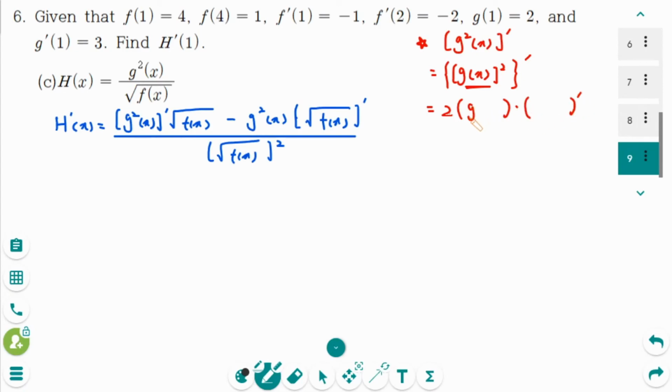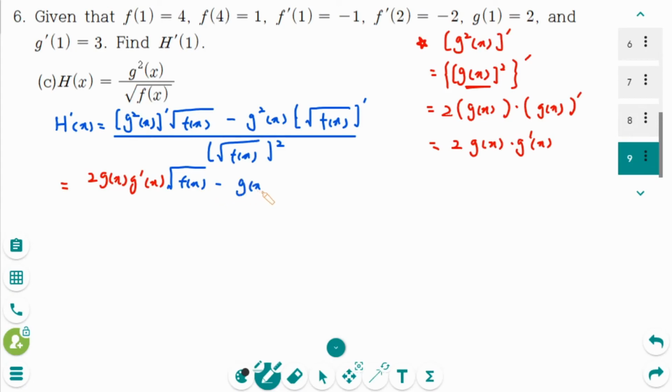Inner function is g of x. So 2 times g of x times g prime of x. Then back to the original. 2 times g of x times g prime of x times square root of f of x